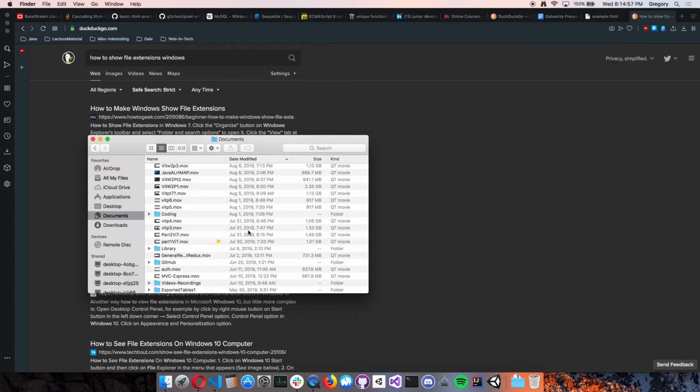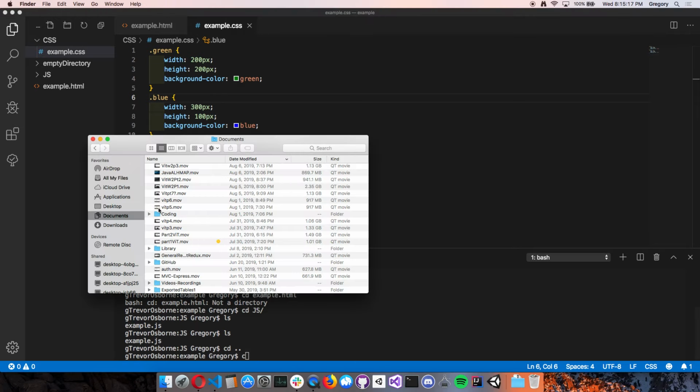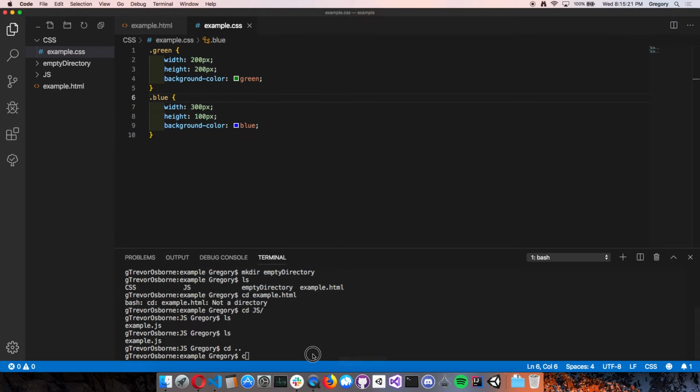Linux is great. I love Linux. So that's what that's doing. If you could pretend in your head that that button was there on your File Explorer, that's all this .. means. If I clicked on that button, the computer goes, oh, that's cd .. Right? If I'm in Documents, and I click on Coding, that would be cd